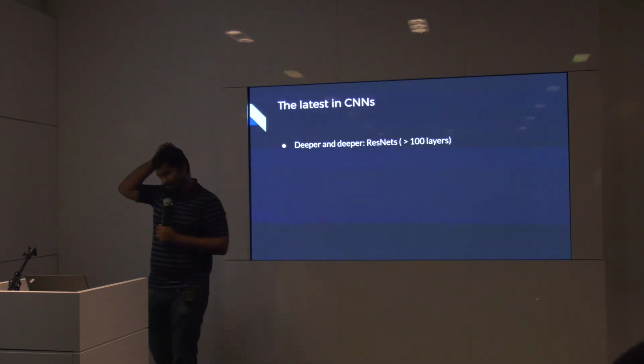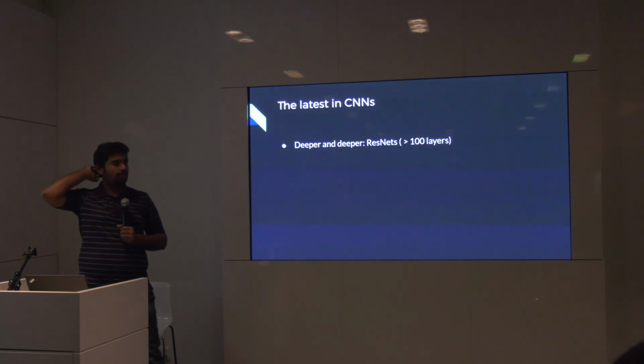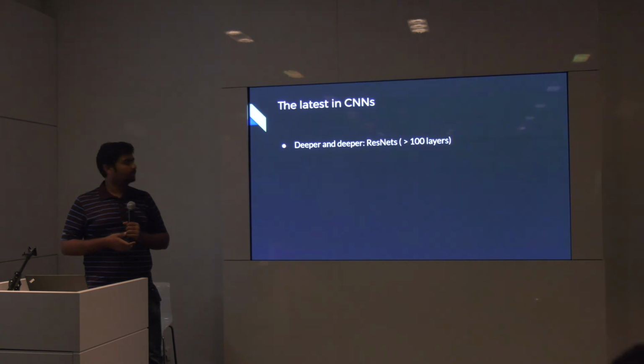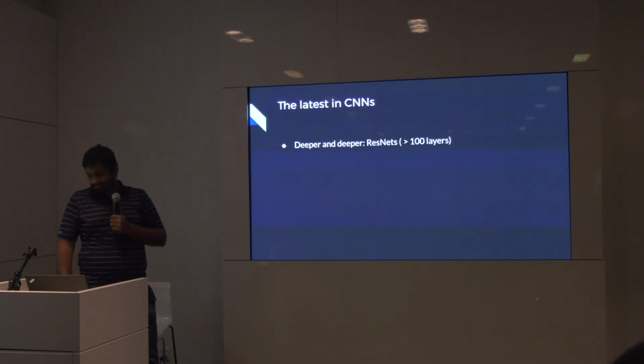the paper is called ResNet, or residual networks, and they show that you can have neural networks which are more than 100 layers, and they've shown that you could do it for even 1,000 layers, and it's from Microsoft. So it's a really good paper. You should check it out.